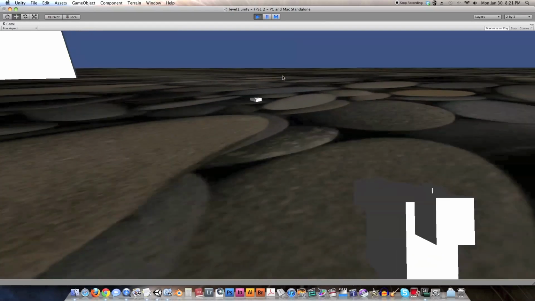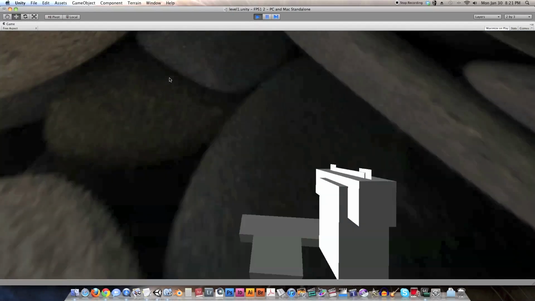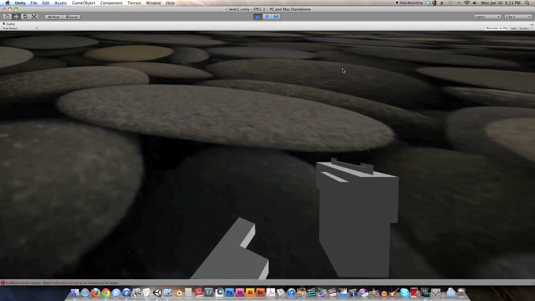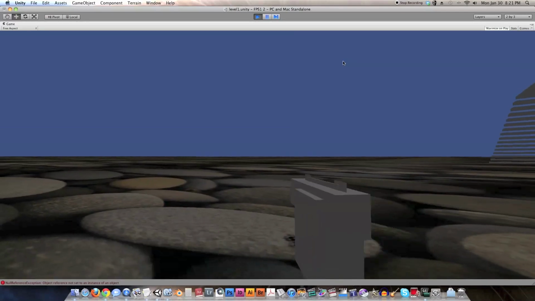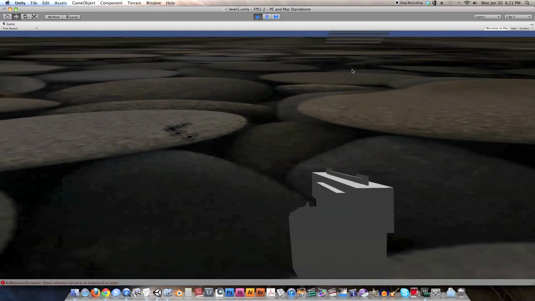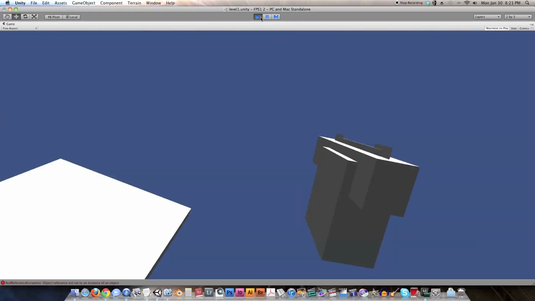Alright, it looks like it's working so far. This pistol has a rigid body, and you can see you can walk over it, you can kick it a little, and when I press E, it picked it up. But it is not being thrown very far or at all. Let me try